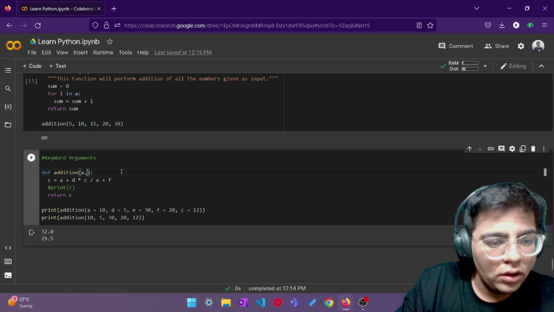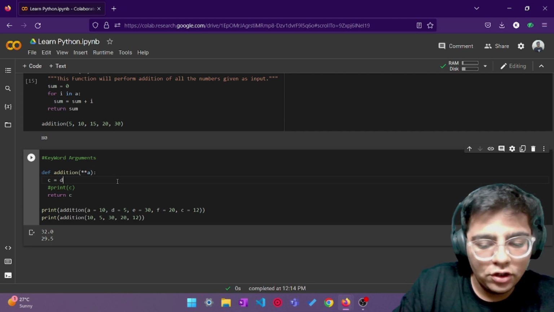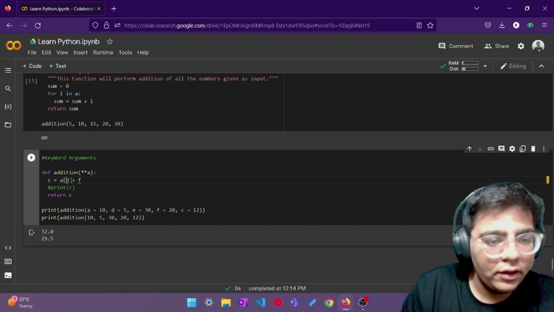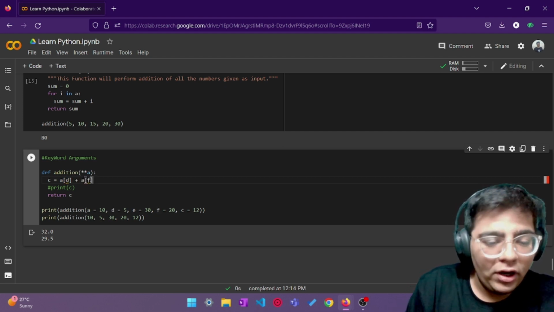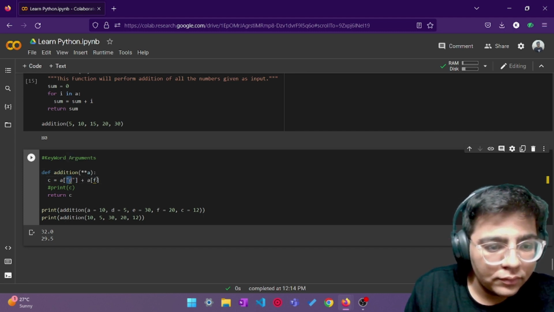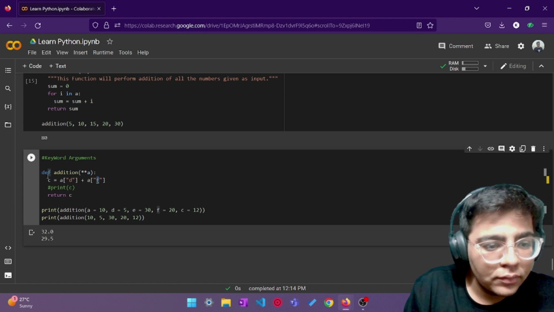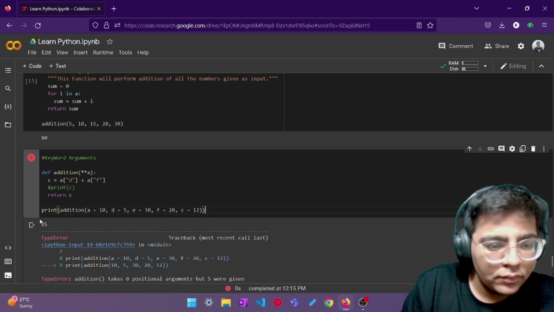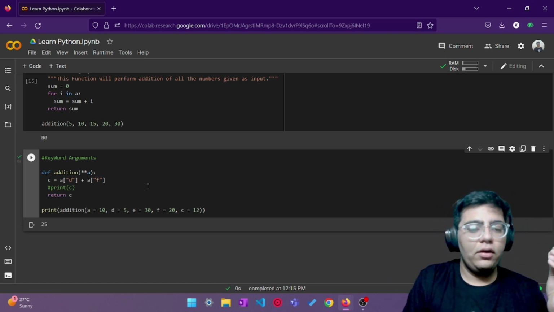I'll put a double asterisk A over here. And let's say I just want to deal with the addition of D and F. So what I'll do is I'll write A, then D, and then A, and then F. What happens in this case is